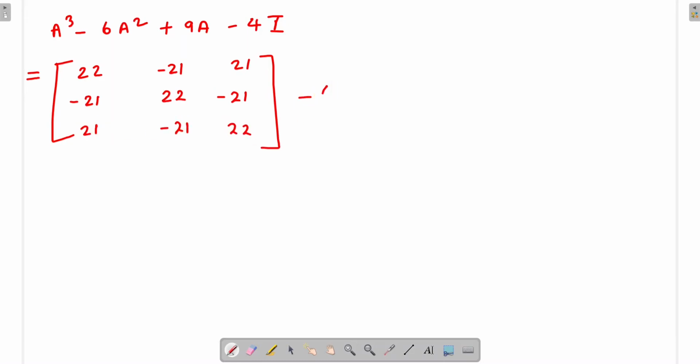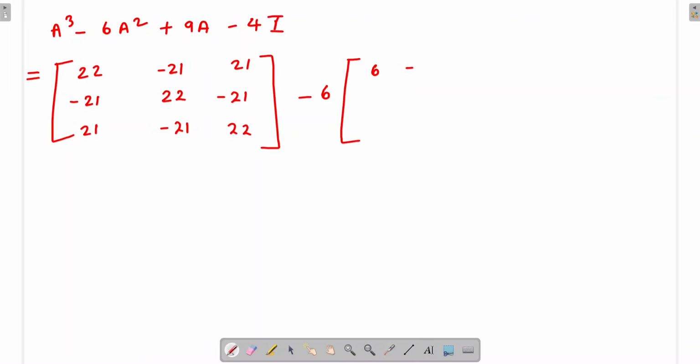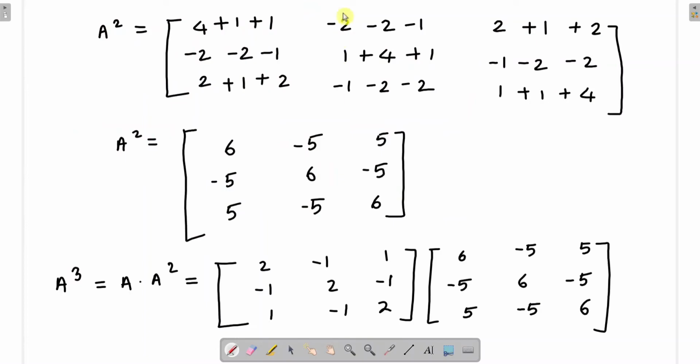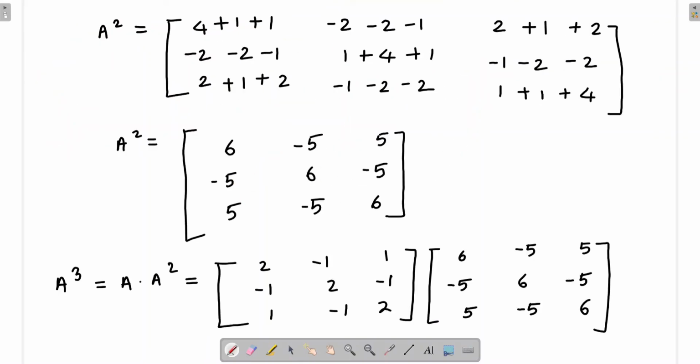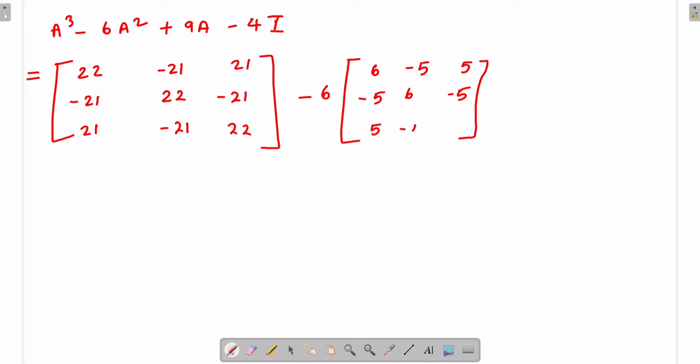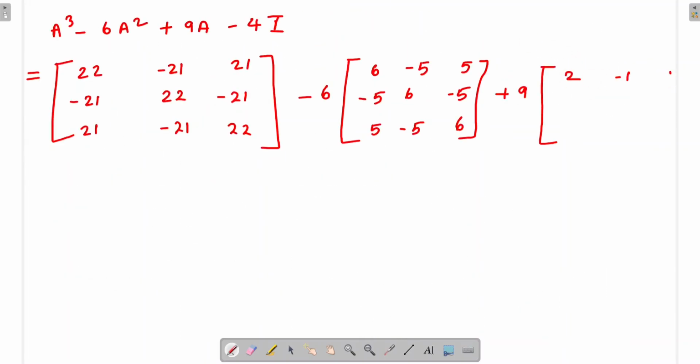Then minus 6 times A square, which is 6 minus 5 5, the second row minus 5 6 minus 5, and the third row 5 minus 5 6. Now plus 9 times A, so A is 2 minus 1 1, minus 1 2 minus 1,